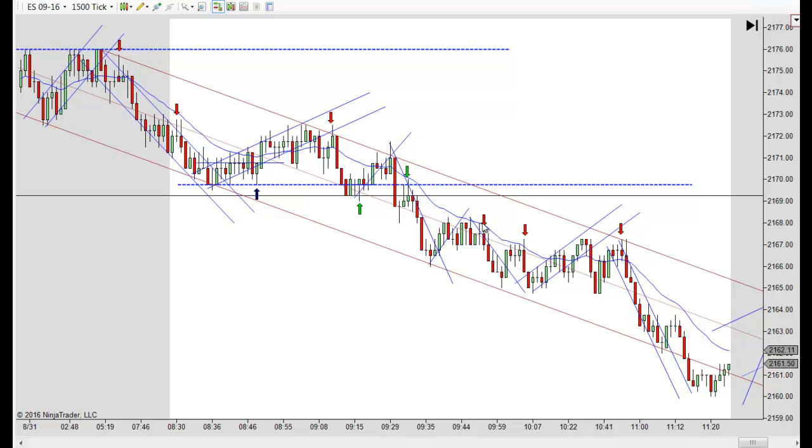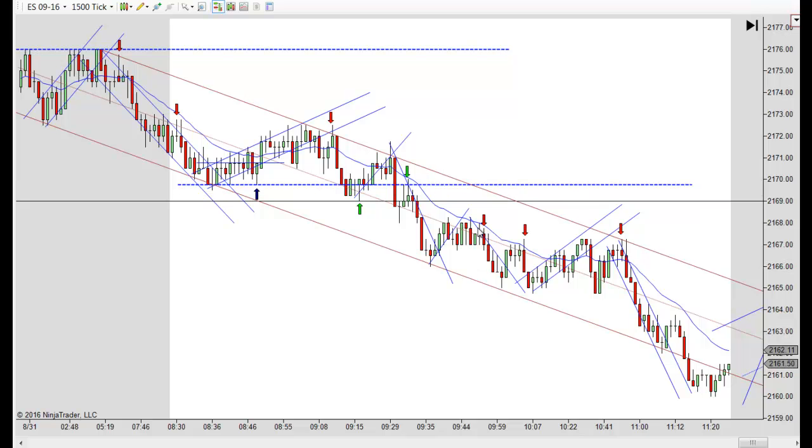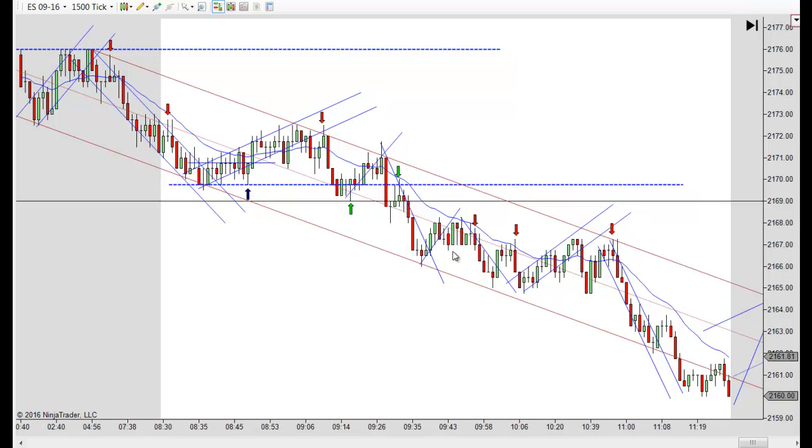You're making a lower high here. That's a failed second entry long. It's right off the midline, right off the EMA. They're running congruently there. Just go short there. That's very bearish. And again, you don't have a lot of room here. It's really close to being 4 ticks. I think it's probably exactly 4 ticks.